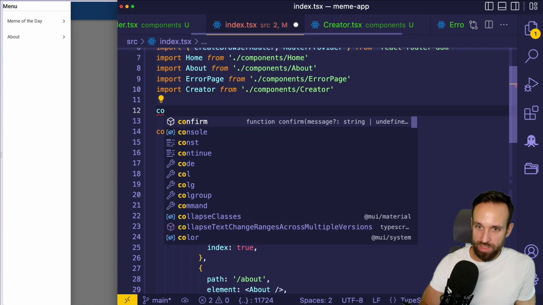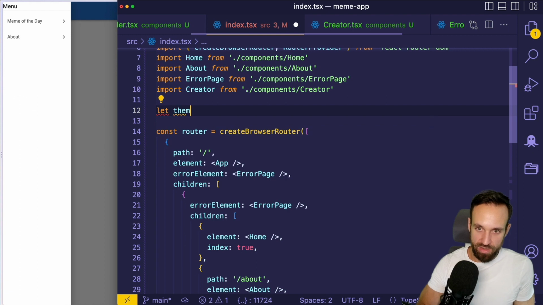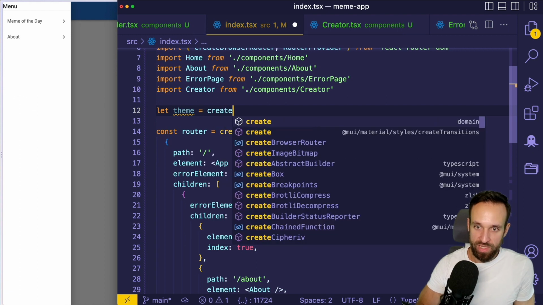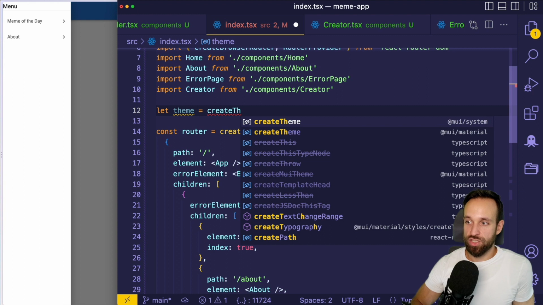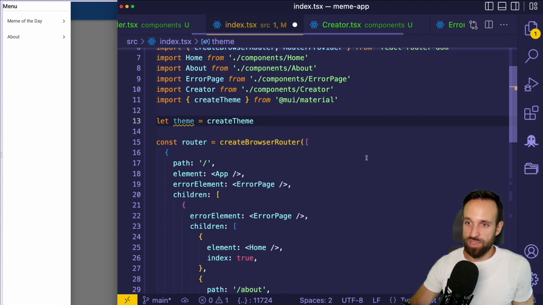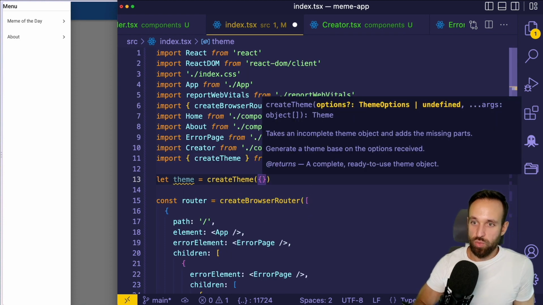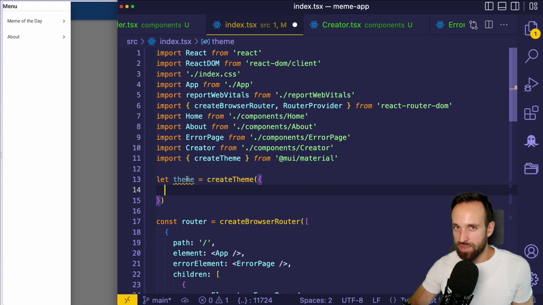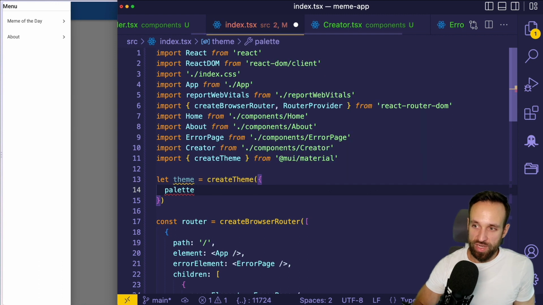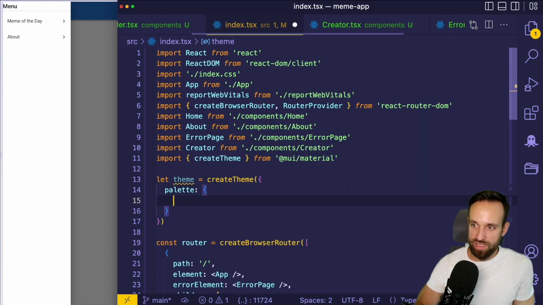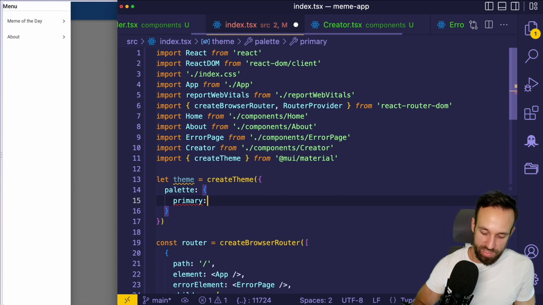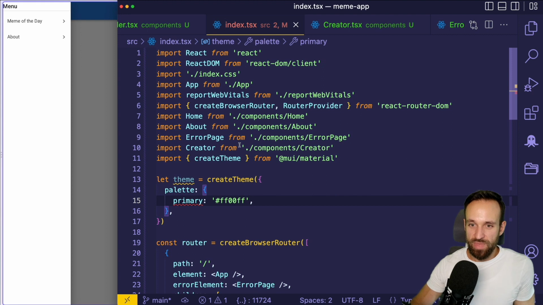So let's do this. I'm going with let theme first because we'll reassign it in a second. And we call the create theme function from material. And within here, we can define really a lot of things, pretty much everything for our theming that we want to change. So if you want to override the color palette, you could do it in here. So then you could say my primary color is something like this. And as a result,